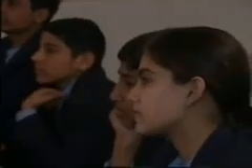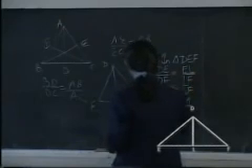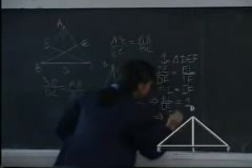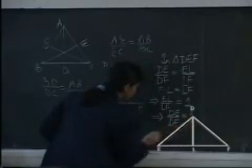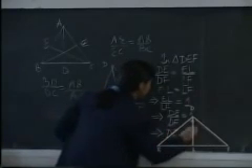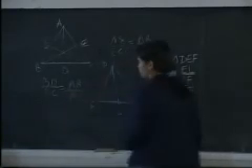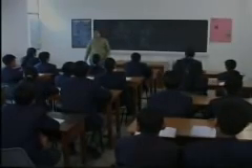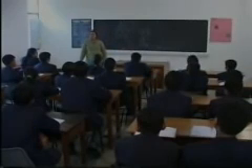DE by DF is equal to EL by LF, which implies that DE by DF is also 1, which implies DE is equal to DF. So the triangle is isosceles. Is it correct? Yes. So we can prove DEF is an isosceles triangle if the additional condition that the angle bisector is also bisecting the opposite side is given. Observe that the teacher is giving another example under the deductive method.